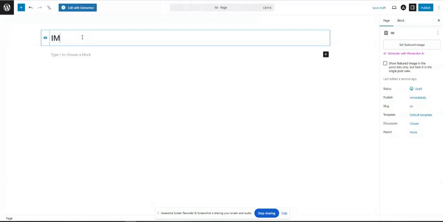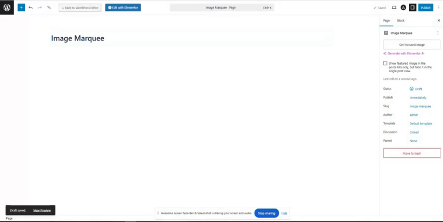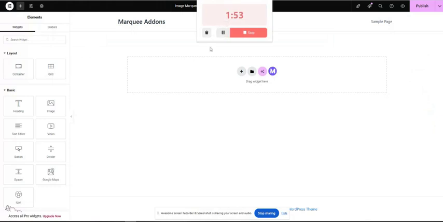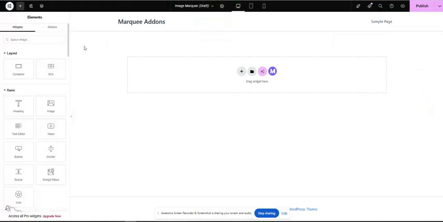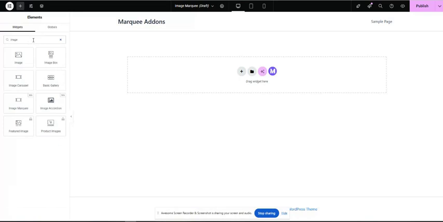Image Marquee, and click on edit with Elementor. Okay, so right now I am in Elementor, and then search here for Image Marquee. So it's here, Image Marquee. Just drag the marquee widget here